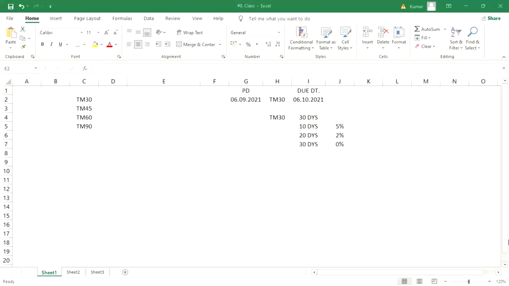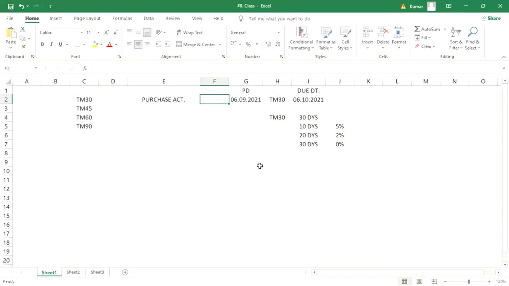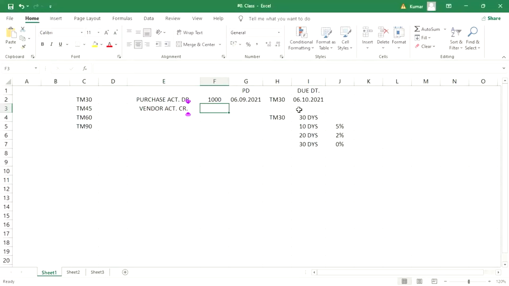So okay, I'll check one by one here. Discount, everybody is giving answers. So okay, guys, during invoice it will be purchase account debit, right, 1000, vendor account credit 1000. That's it, right? Now whatever accounting entries are taking place here, that is during invoice, right? Now during payment,